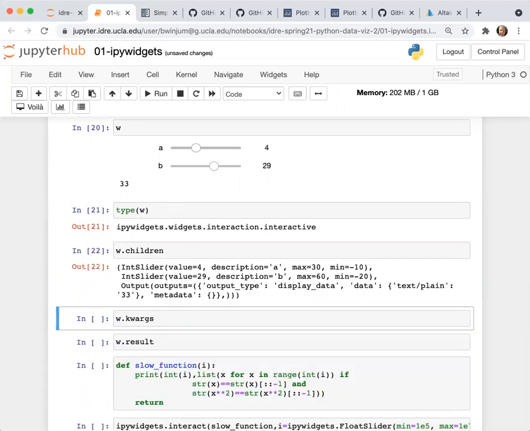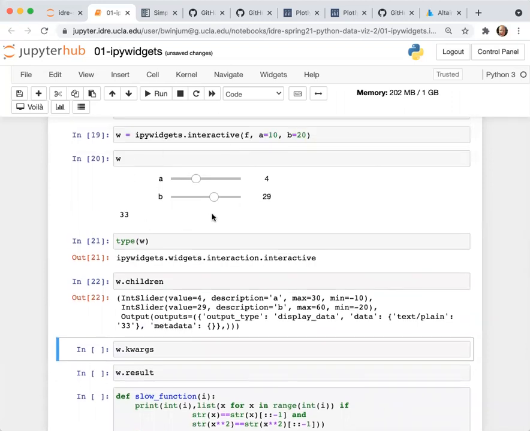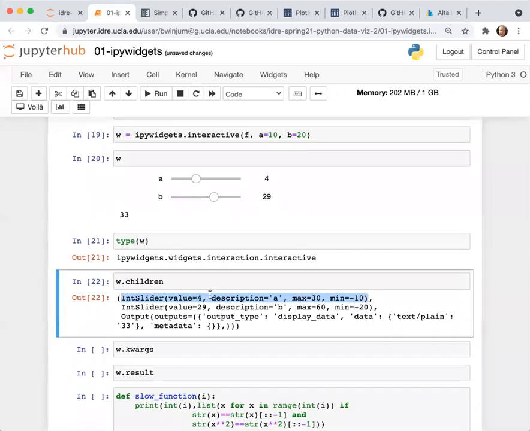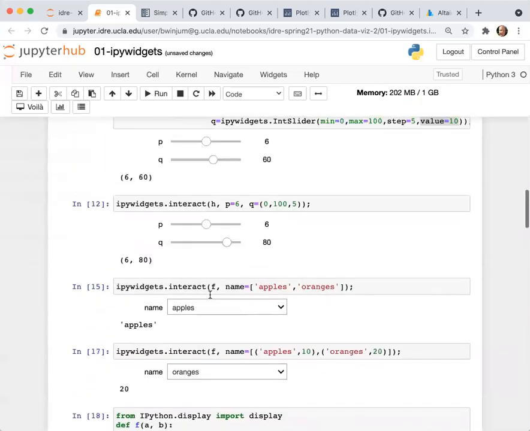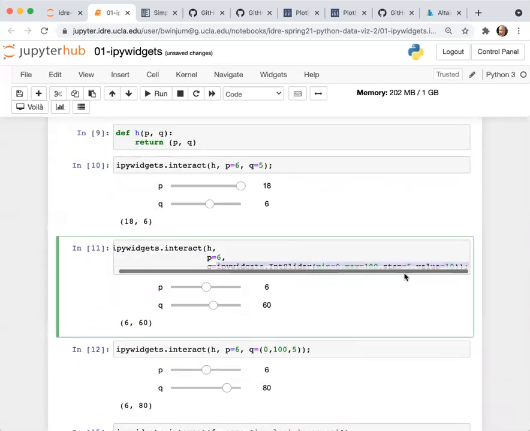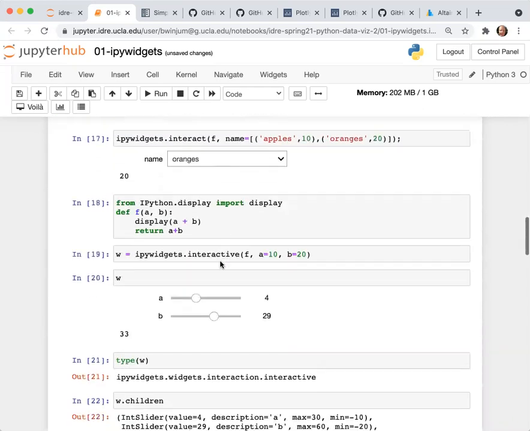So the children are the explicit things that are included here in the output. The first one is the integer slider. This is kind of like what I explicitly designated above when I assigned the integer object to one of the input parameters.